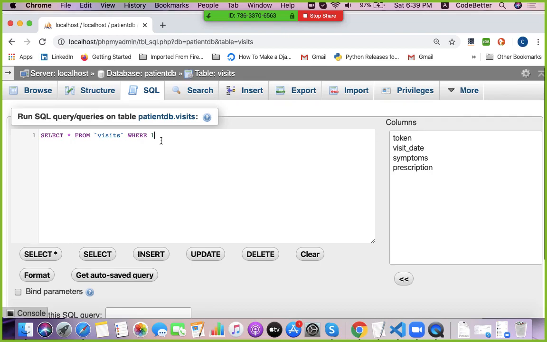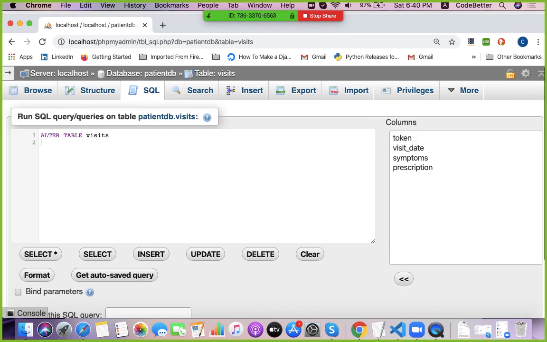We have to add a foreign key rule to allow only those tokens which already exist in the primary table, the patient table. So the rule is again alter table. Where to add the rule? To add the rule in visits.